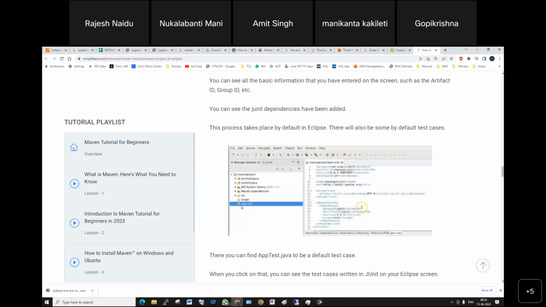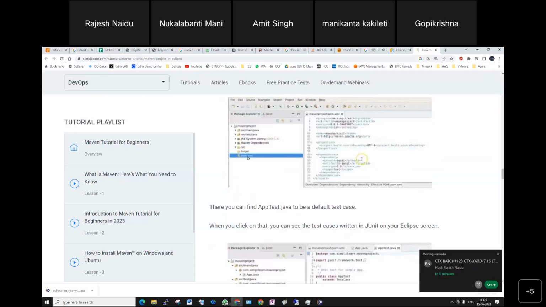Right now this name is pom.xml. Previously the name was not pom.xml, it was project.xml, project object model. So now the name was changed to pom.xml. Previously the project.xml file would be there. Now the name is changed to the pom.xml file. So once you select this,